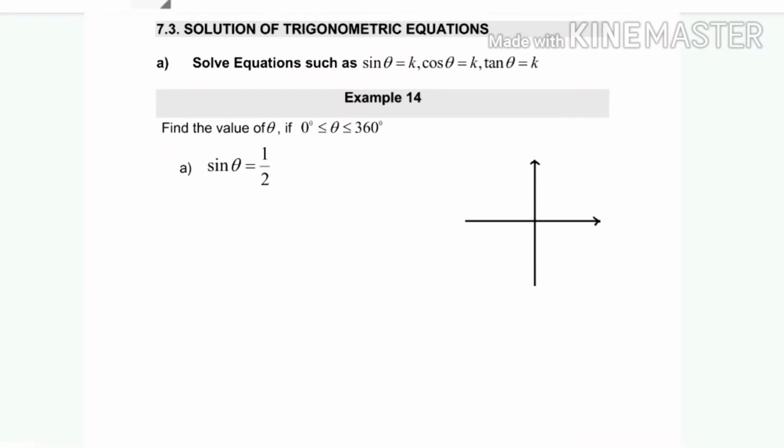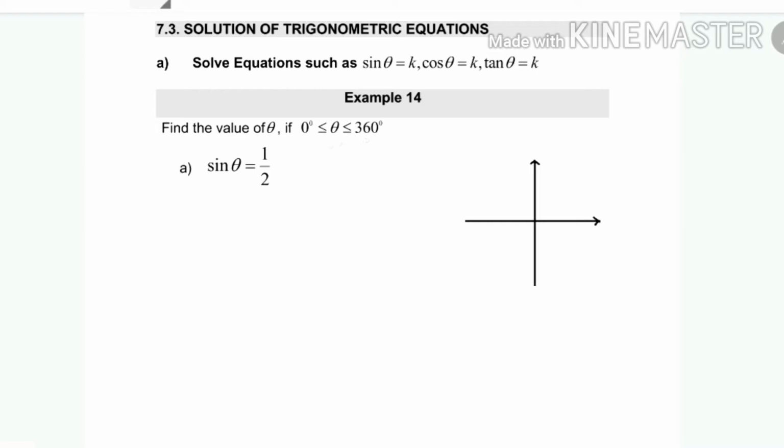T7.3 Solution of trigonometric equations. A. Solve equations such as sin theta equals k, cos theta equals k, tangent theta equals k. Example 14. Find the values of theta if theta is from 0 degree until